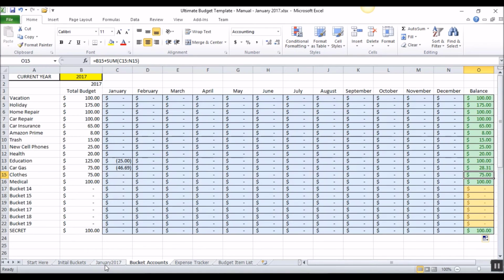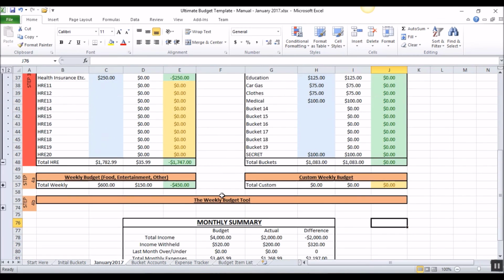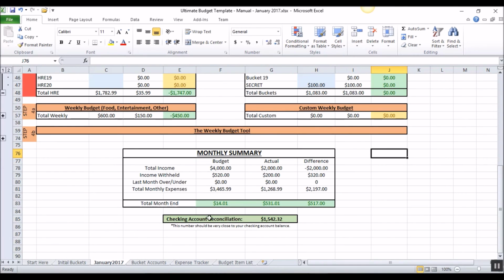This makes it so much easier for me. But at the same time, I know exactly how much is in there, so I hesitate. I'll slow down and think about my purchase because I've already allocated money towards that. That means that if I jump back over to the January 2017 tab, if I go to my checking account